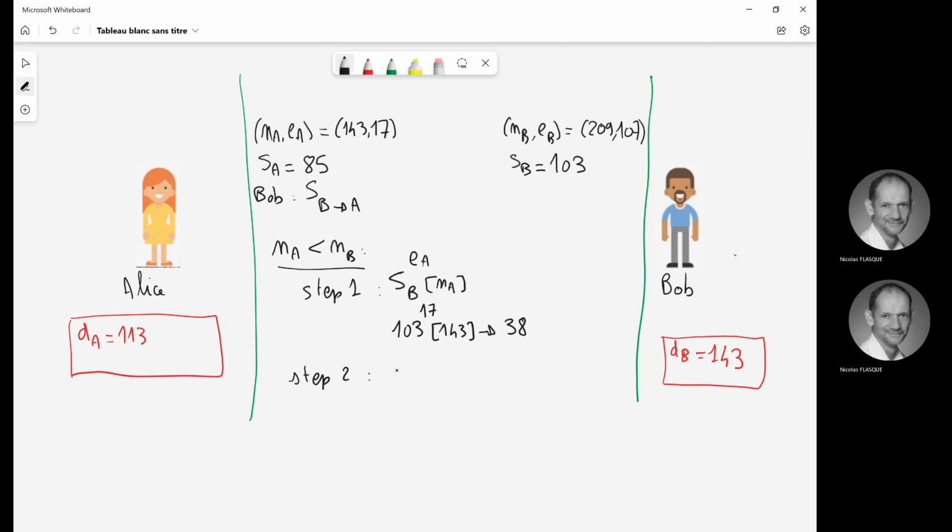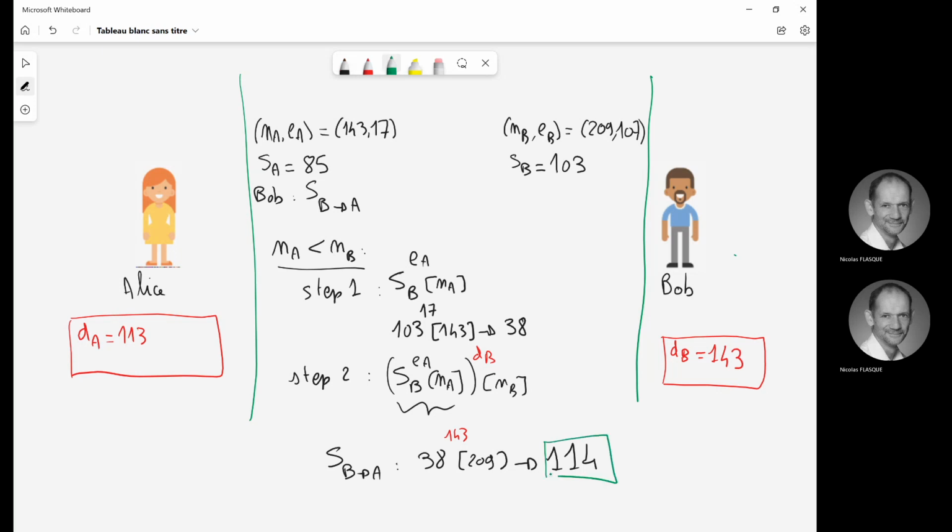So it's SB to the power of EA modulo NA to the power of dB modulo NB, which will give us here 38 to the power of 143 modulo 209, and the result is 114. So that's the value of the signature used by Bob to authenticate to Alice, and this value will be